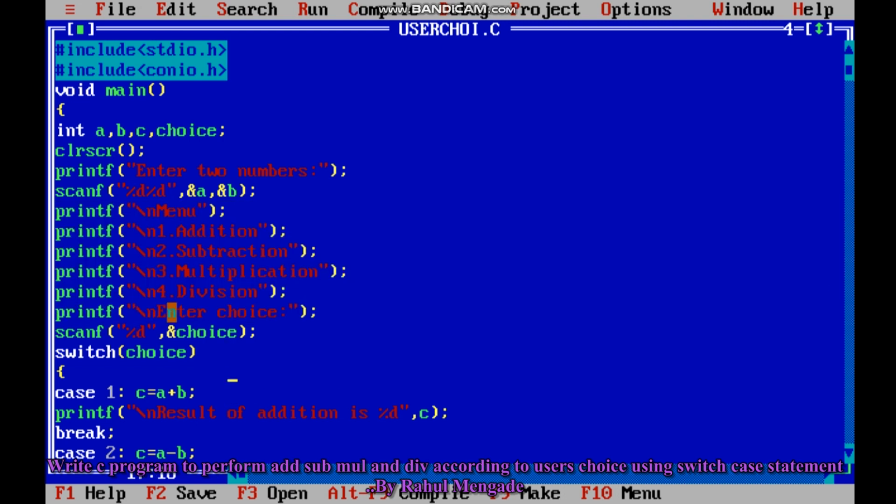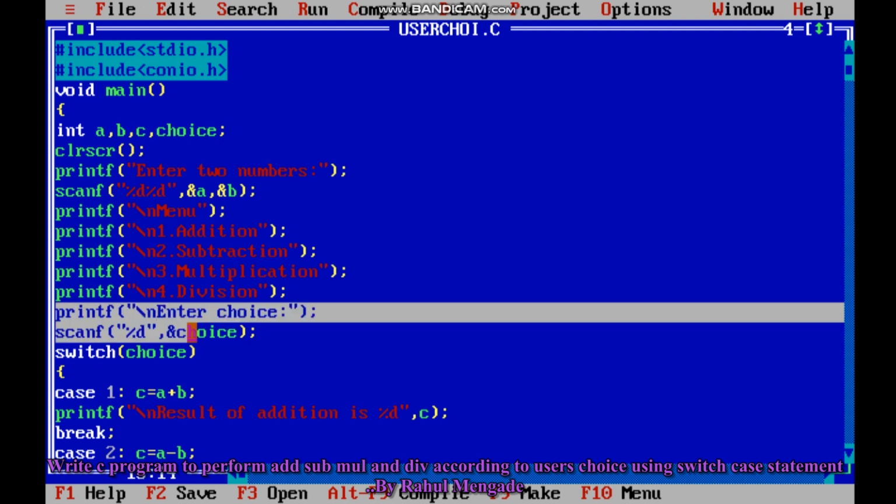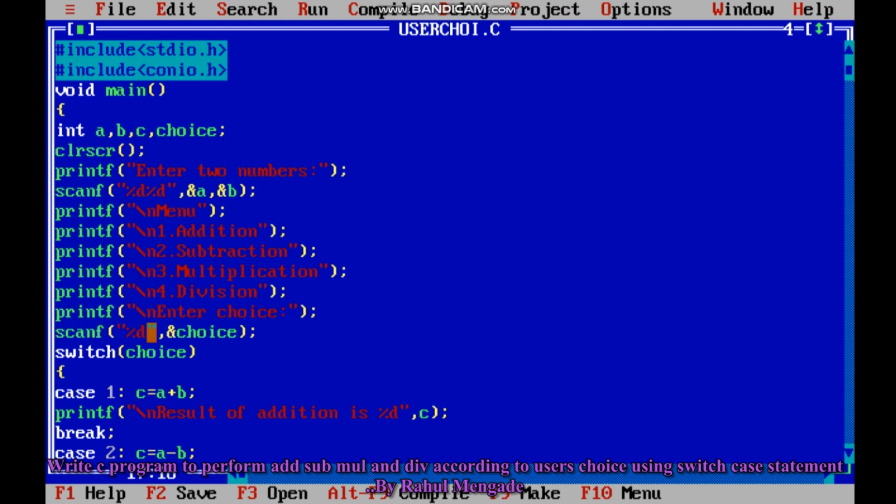Then to take the choice from the user, this printf and scanf function is used. By using this, the choice entered by the user is stored in this variable, the choice variable. After that,